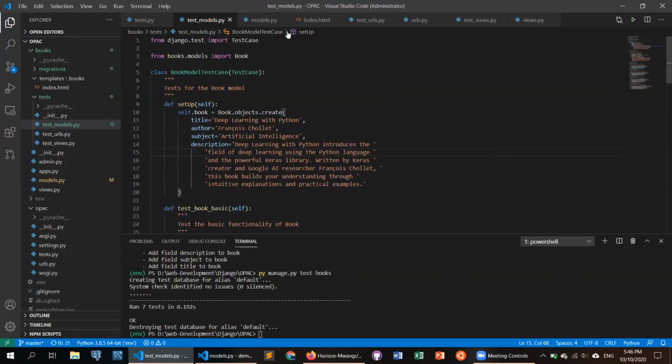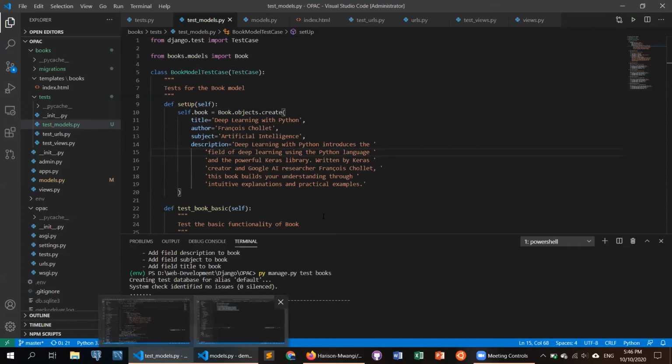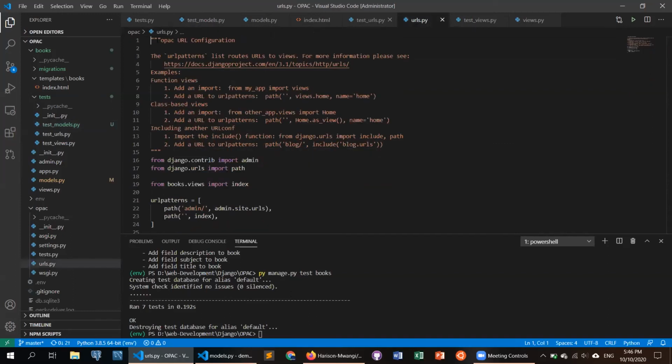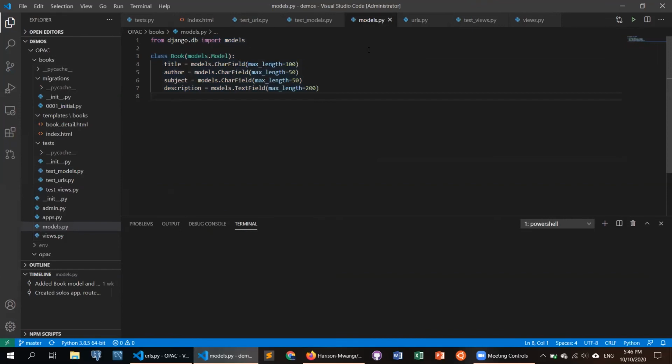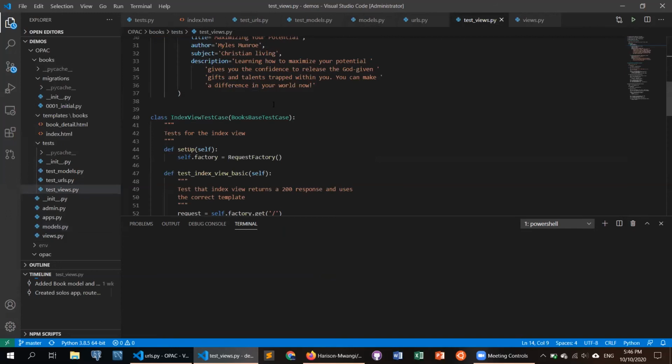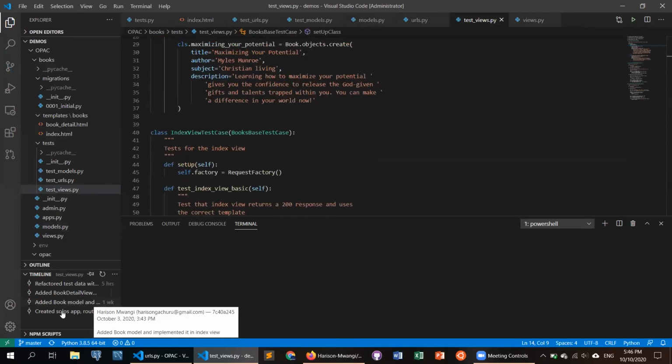So from there, I'm going to add a view and then a template, a view, and then we can add the filtering functionality. And actually, it's not adding a view, it's modifying the index view to filter the search results, since that's what we need to do. So I'm going to head straight to the test views.py within the demos repository. And then